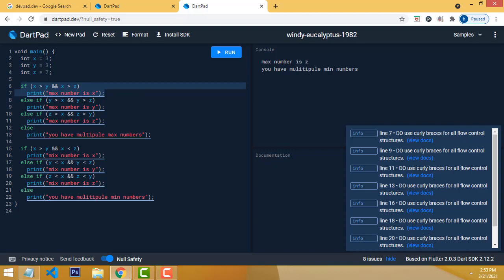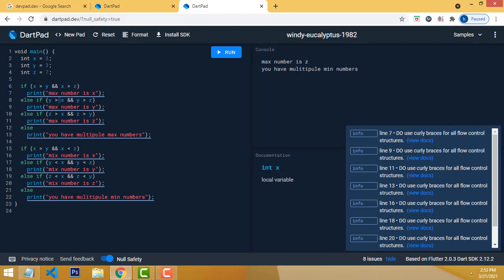Let's go and check another if condition, else if. So we have to check more than one condition, so you have to write the else if part. In the else if part, x can hold the value 3, so x greater than z.